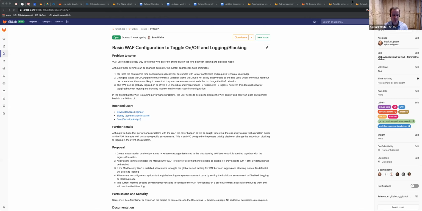For any product that's sitting in line in a customer environment, sitting in front of a production grade application, if we ever introduce a bug or have a problem there, the customer's got to have the flexibility to shut the thing off in a very easy way. So, recognizing that there are ways that they're able to do that today, none of them are entirely optimal. We're trying to make this a lot easier for users to toggle the thing off if it ever goes wrong.